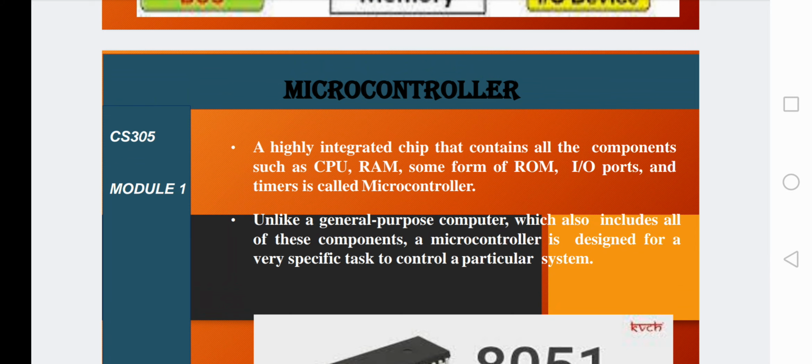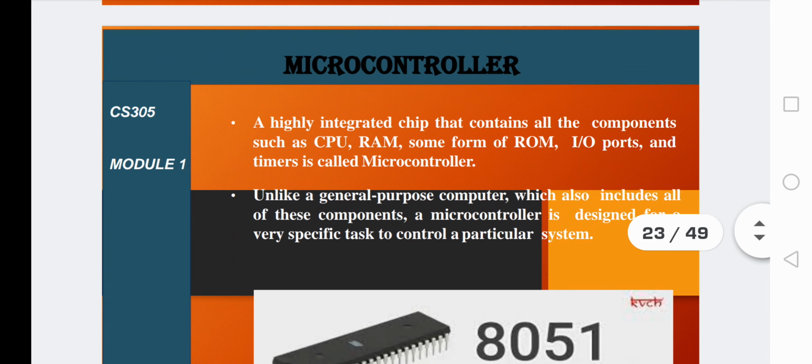of its own. So in the case of a microcontroller, you need not interface memory or IO devices externally, because it has everything of its own. Only if you want to do some additional, highly featured, very complicated task do you need to connect some external memory and so on. Otherwise, a specific average amount of memory is already built into the microcontroller itself.